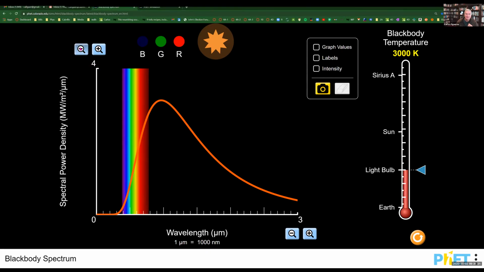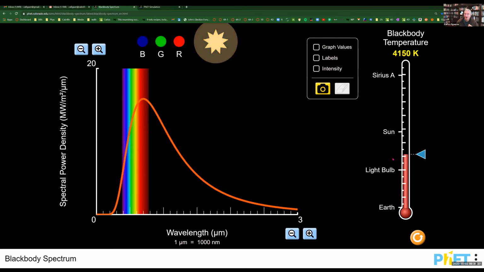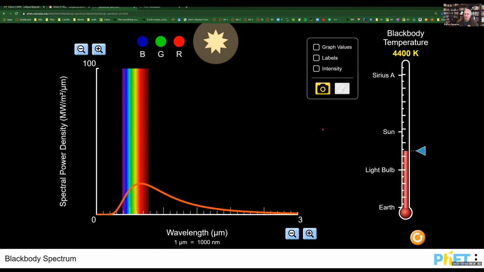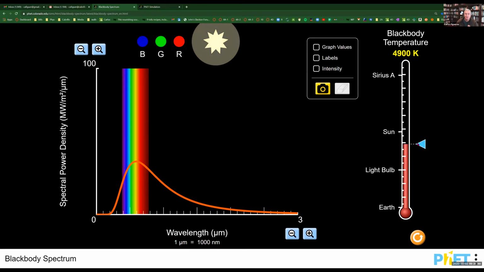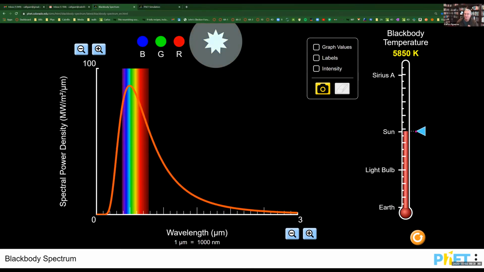So if I decrease this now and I increase the temperature, you could see here that as I'm getting hotter and hotter, the intensity is growing and there's a shift in the peak. It was in the infrared, now it's in the red here. And if I continue to do this and keep decreasing this, look at the scale, it's 100. You could see that it's getting more and more intense. And so when you're reaching the temperatures of the sun here,